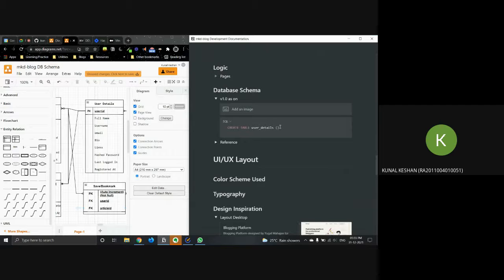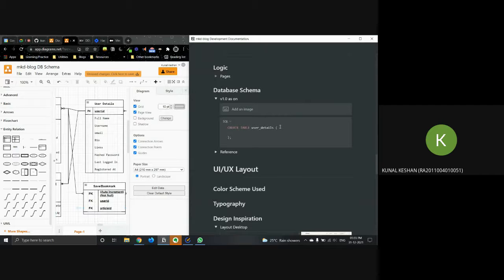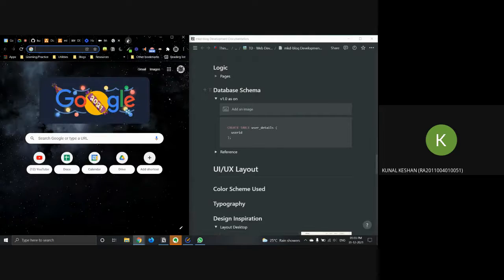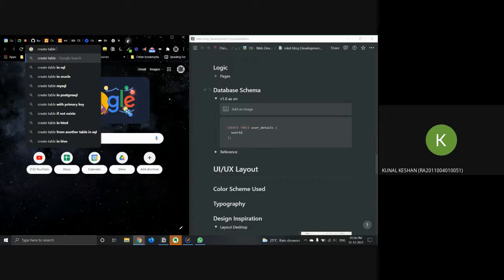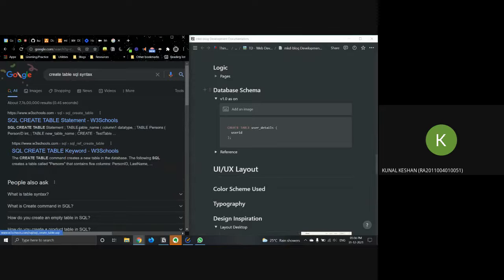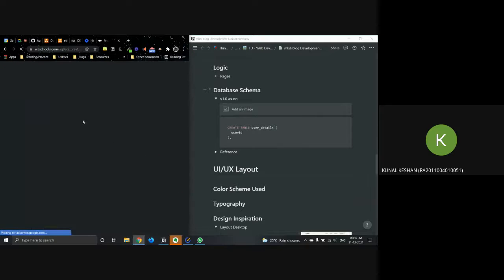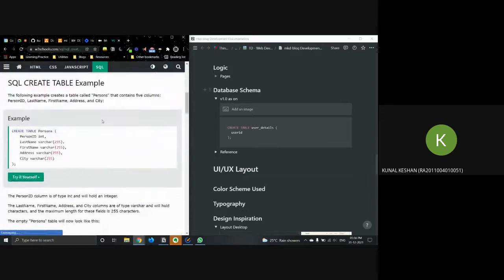Right, then we had the values. The first one was the user ID. Okay, I forgot the syntax. I guess it's text only, maybe. Create table SQL syntax. See, you don't have to remember all of this. You can always Google it up.